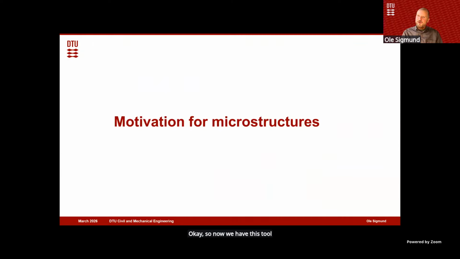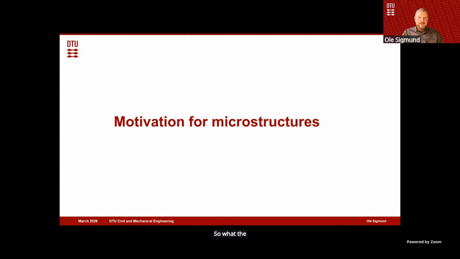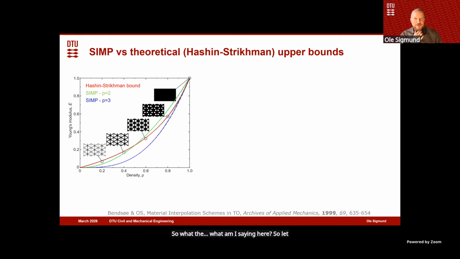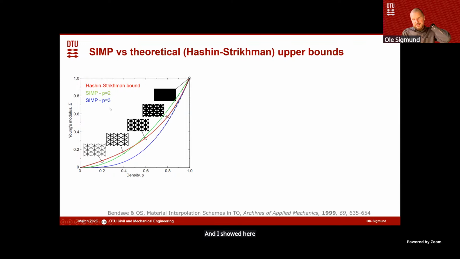Let me go back a little bit and talk about the motivation for microstructure, because I've sort of been saying that if you don't use optimal anisotropic microstructure, then there's no need for microstructure. So what am I saying here? Let me just remind you of the slide I had in the first tutorial. This was the interpolation function that we use, the SIMP approach, where we have the Young's modulus as a function of the density. And I showed here that for SIMP power p equal to 3, that's the blue line,